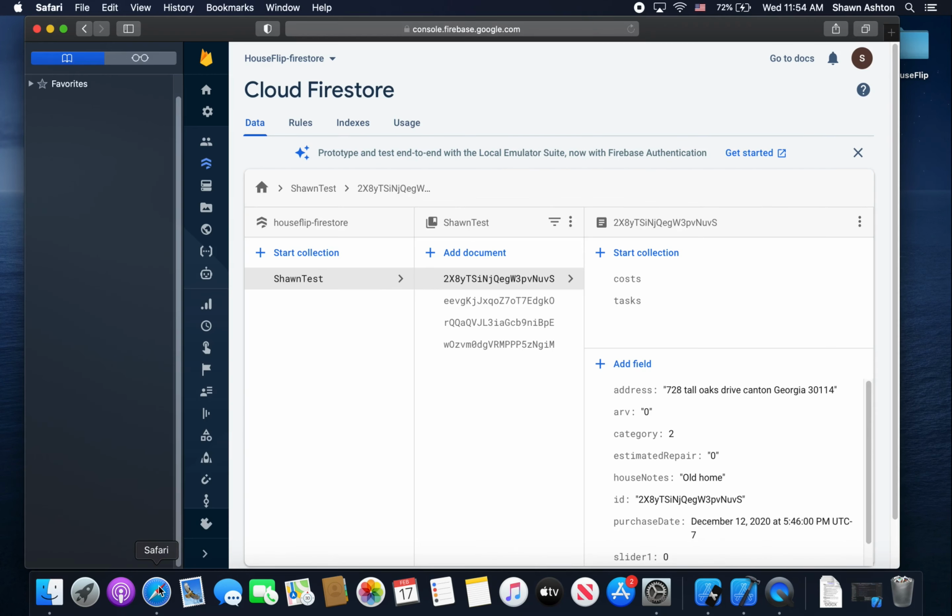The way that I have my information stored is I used Google's Firestore. The way that things are set up is there's collections, there's documents, and there's sub-collections. Here I have costs and tasks for a given house, as well as all the information for a given